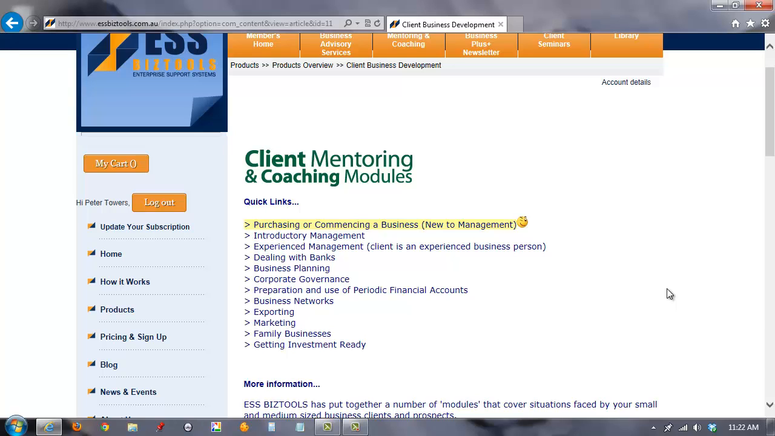We thought about this, and also the need for accountants to better educate their clients in some of the services provided by the accountants. So on the screen is a list of the modules within client mentoring and coaching. These papers have been assembled under these module headings to assist you to better educate your clients in the types of services an accountant acting as a chief financial officer for small businesses can deliver. So to give you an idea how this works, if we go into purchasing or commencing a business,